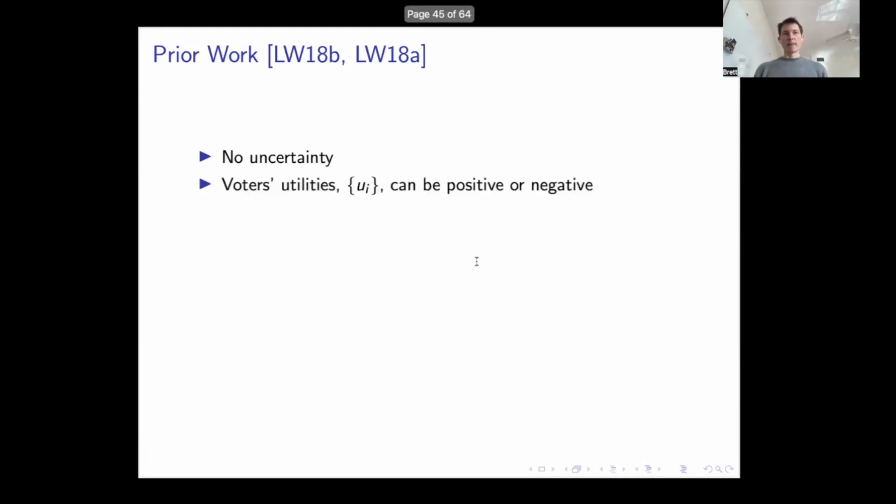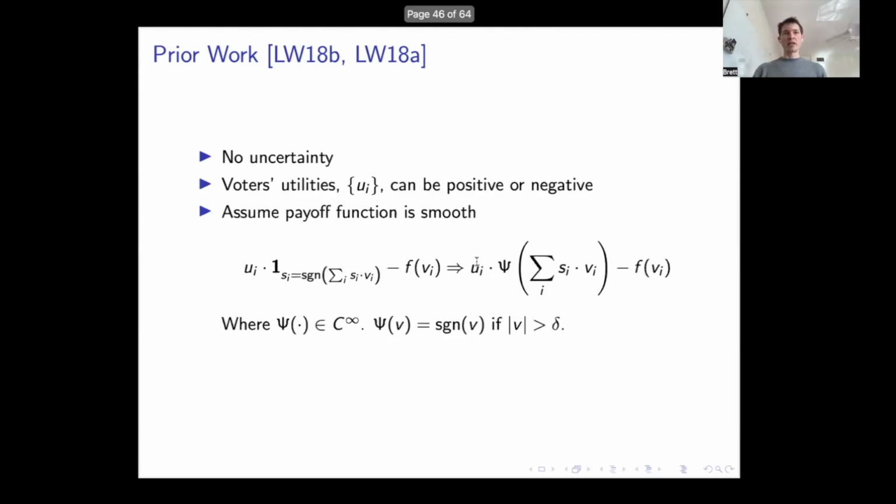And so in the original works from Lally and Weil, there's no uncertainty. The voters have some utility, so their model is very similar to ours. We had this thing where your utility is U_i times the event that your outcome is chosen, minus your cost. They said, well, this thing is discontinuous, and that's hard. So they said, let's